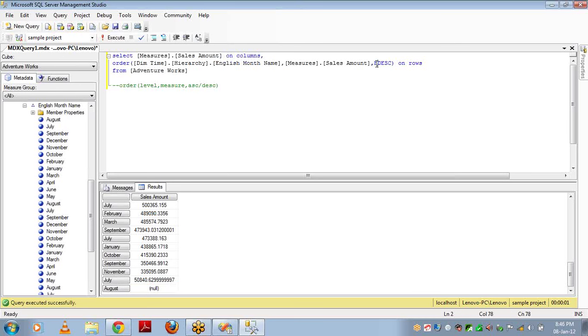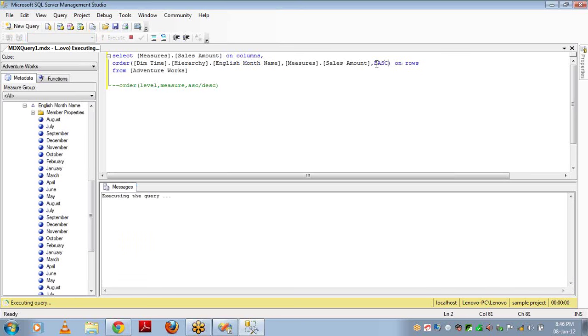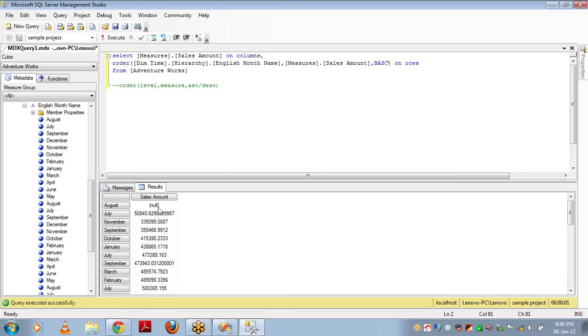You have to use BASC or BDESC. Let me run this, and now it is in ascending order. So this is how you can sort the data using BASC and BDESC when the hierarchies are broken hierarchies.